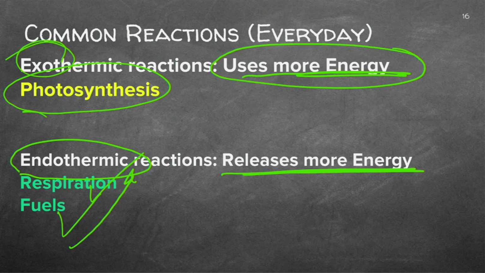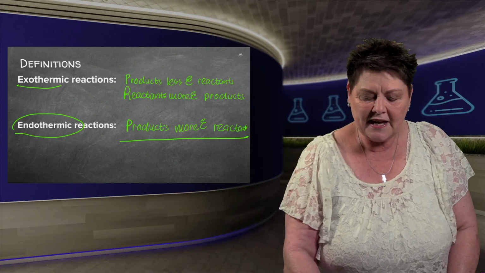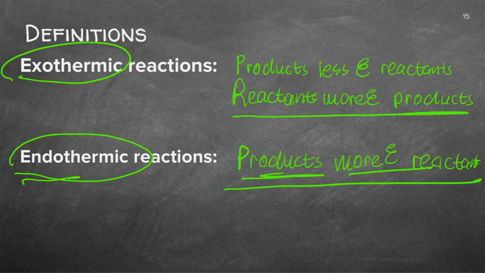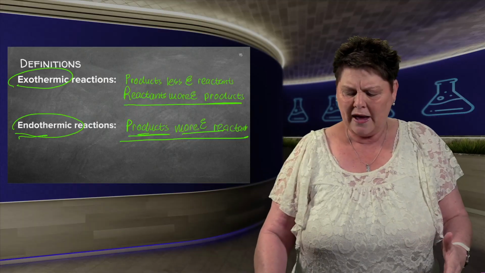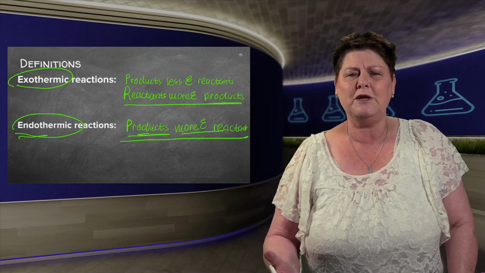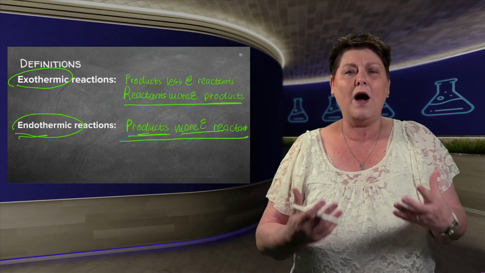But that's not the important thing. The important thing, guys, is to know when it's exothermic, it's releasing more. So the reactants had more than the products, and in endothermic I added, so the products now have more than what I started off with. Go and have a look at the internet. Go and find a question where you have to do just the definitions and just the comparison between the exo and the endothermic, and know exactly why it happens.